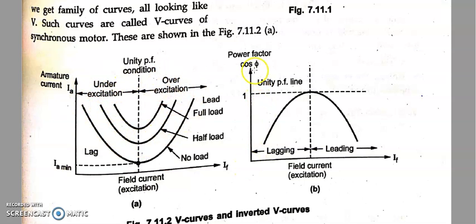Okay, now coming to the inverted V. This is the V structure, so it is called the V curves, and you can see this is the inverted V. If I invert the V letter of the alphabet, I would get somewhat like this. And how do we get this? By plotting power factor versus the field current. If I plot, then what happens? You can see this is the unity power factor line, this dotted line. Again, this is the boundary or line which separates lagging and leading.